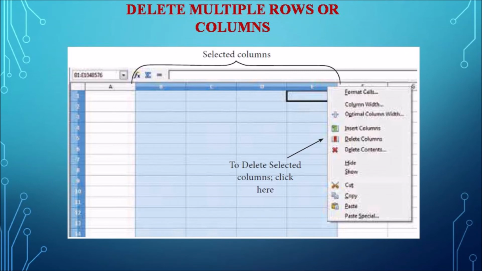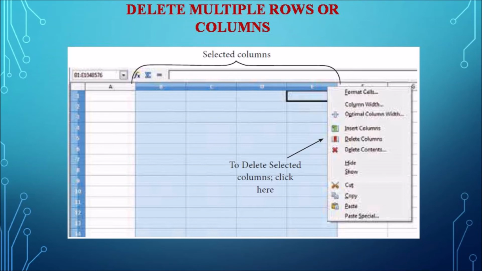And next we are going to see how to delete multiple columns or rows. Previously we have seen how to delete a single column or row. Now we are going to see how to delete multiple columns, that is two or more columns or two or more rows, either continuous or non-continuous. First we have to select the columns which are to be deleted, or select the rows we want to delete.